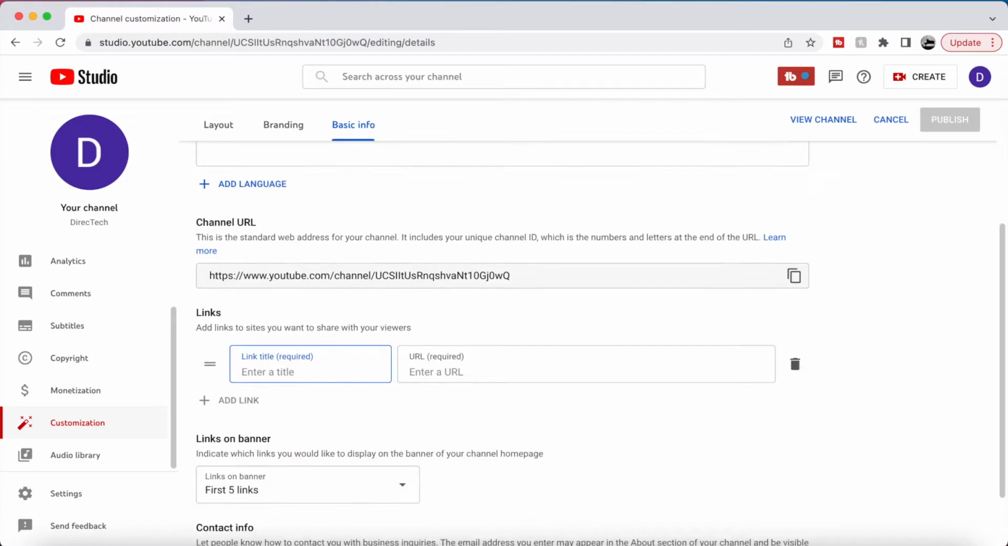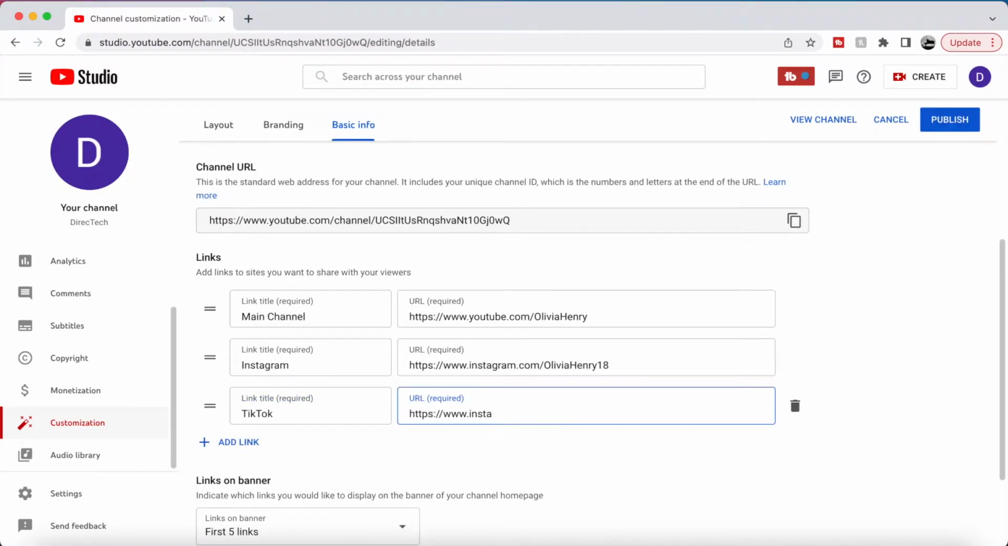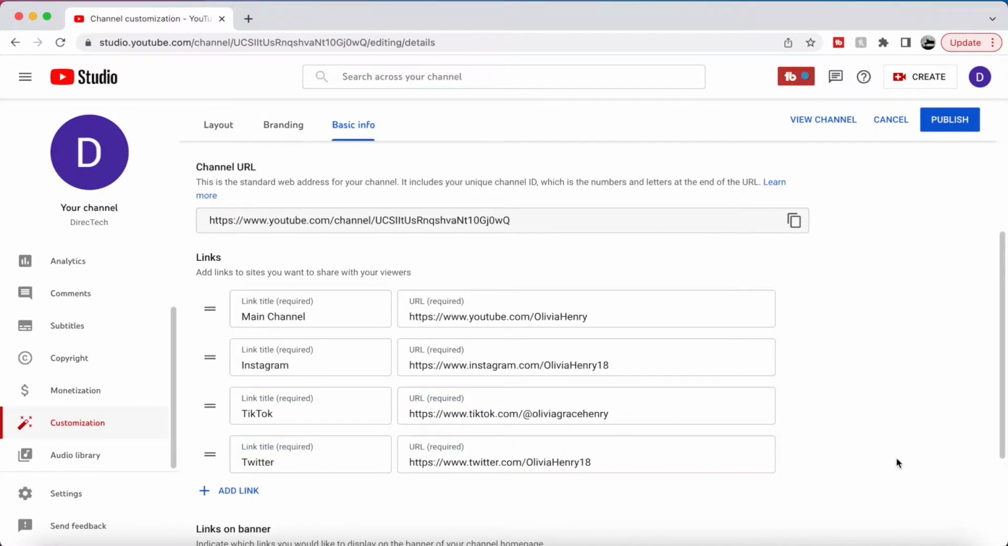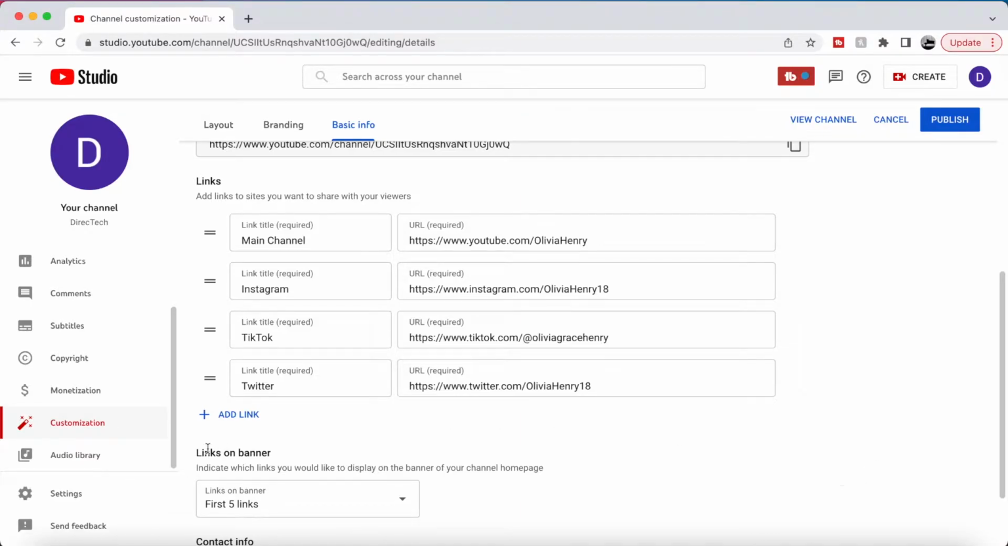Add a link. So for example, I might link to my main YouTube channel. So I put the title in this box and the URL in this box. And then continue to add your links. So I've put all my links in, and if we scroll a little bit further, you'll see this section called